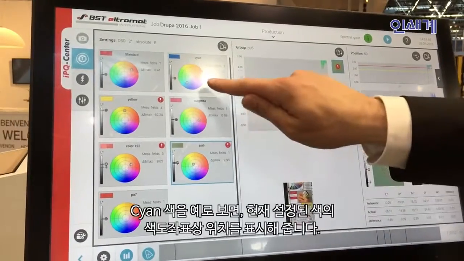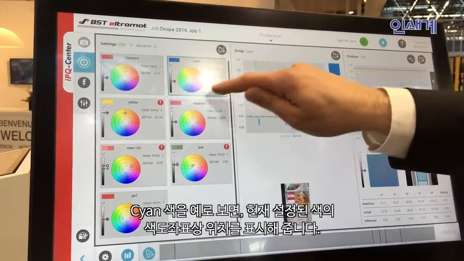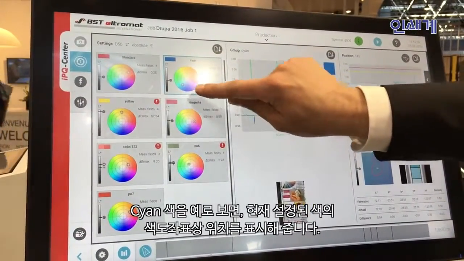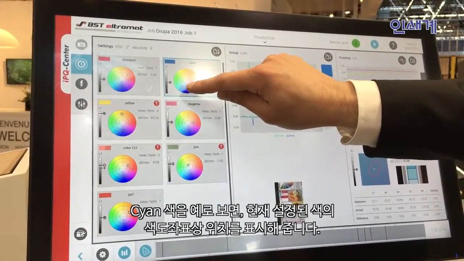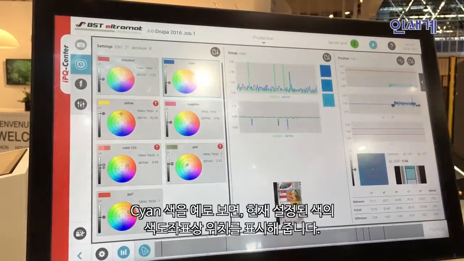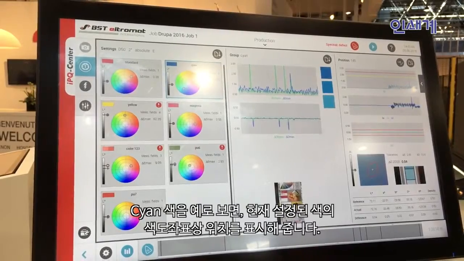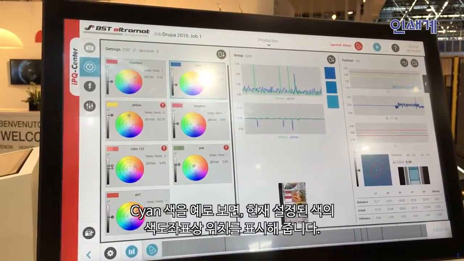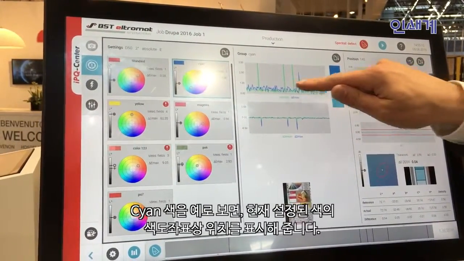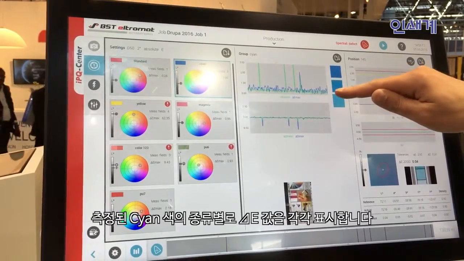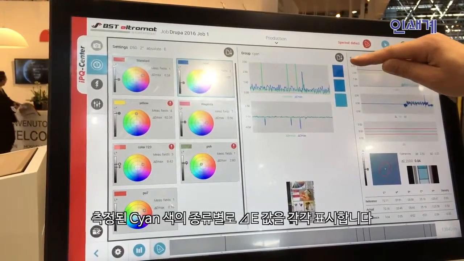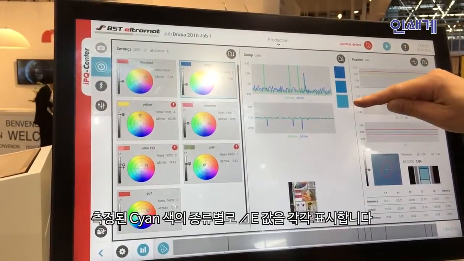Now, here again I go to cyan, to this little group. I can see indicated where my color is at right now and where the last measurements have been. I will see here in the middle the delta E values, and you can see I have 3 positions in